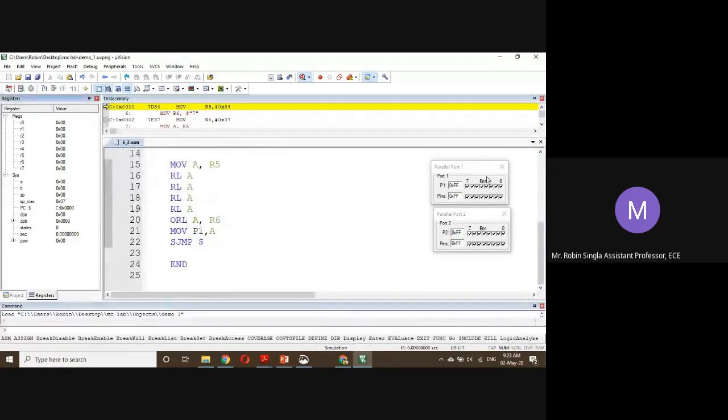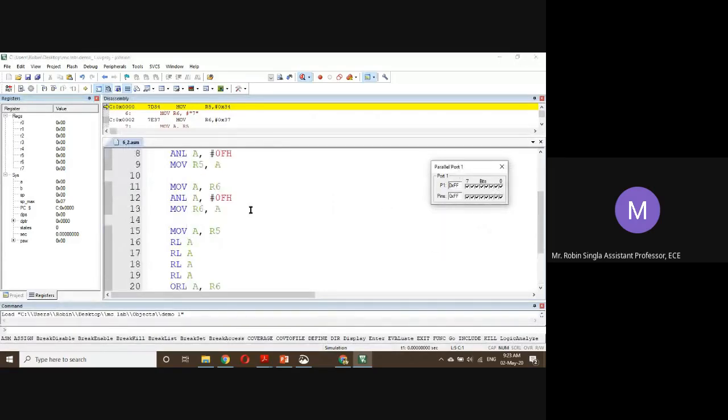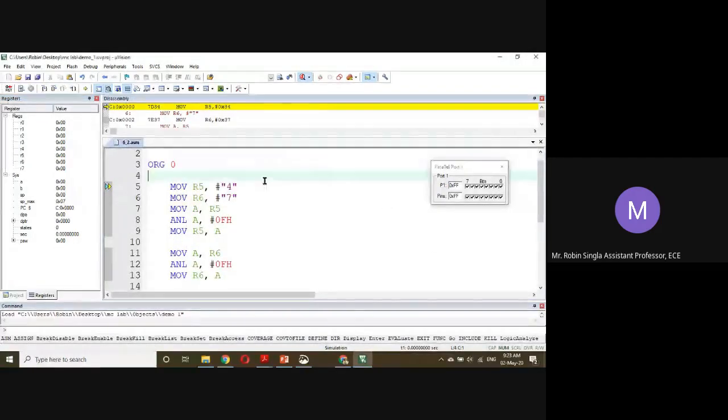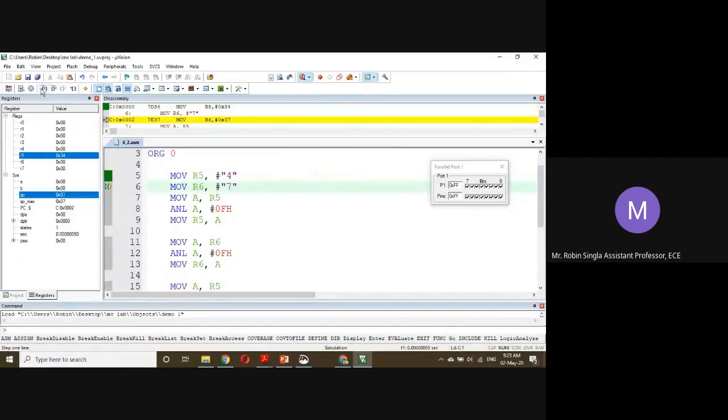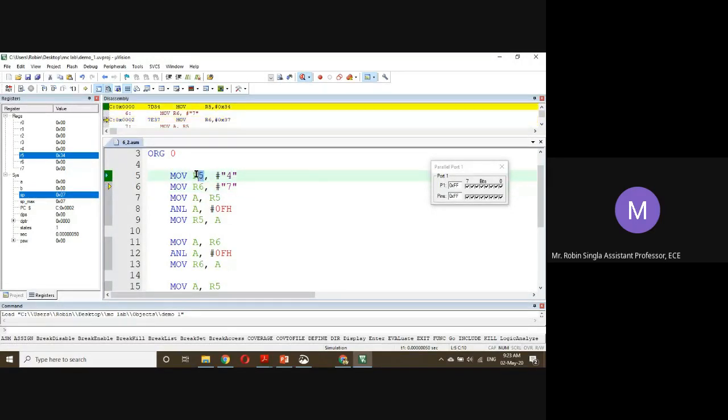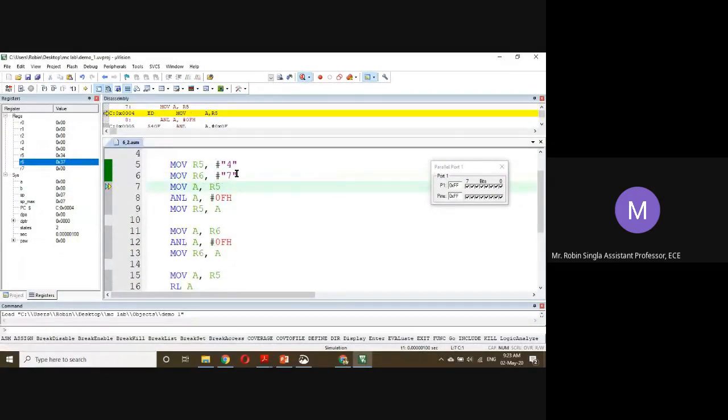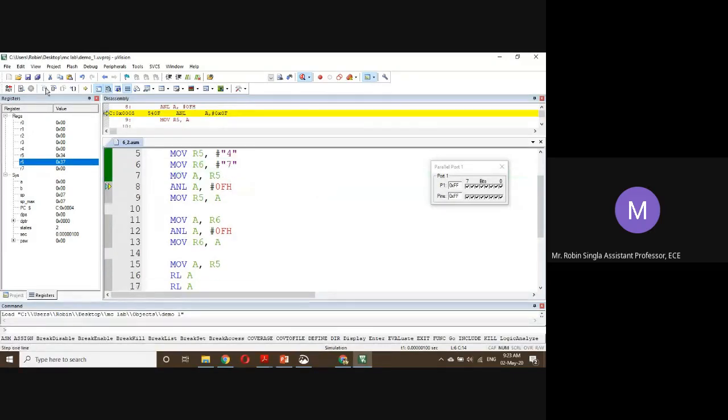We need only port 1, so I will run it. Now see, R5 is 34, which is the hexadecimal of the ASCII number 4. R6 is 37, which is the hexadecimal of the ASCII number 7.